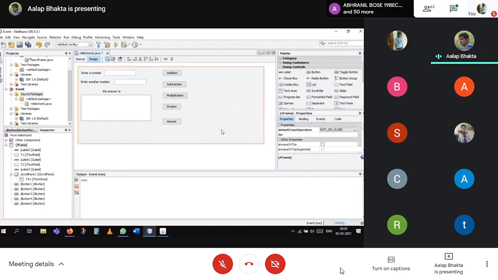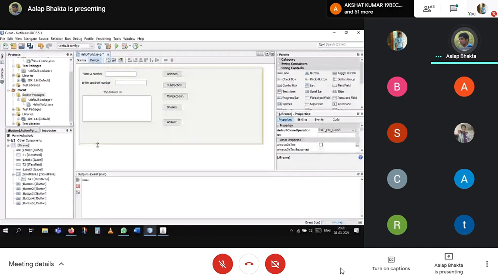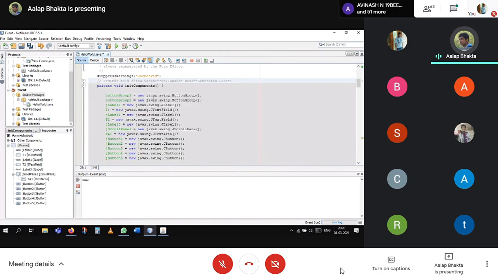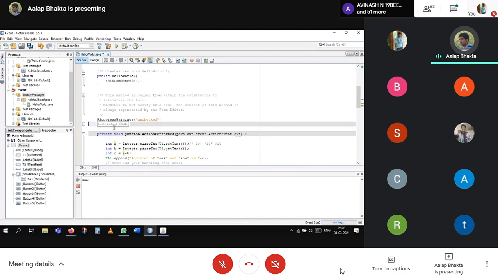You don't have to write the grid layout and everything for the frame in code. Whenever you drag and drop or change properties, NetBeans will automatically generate the code for it. This is what is called generated code.